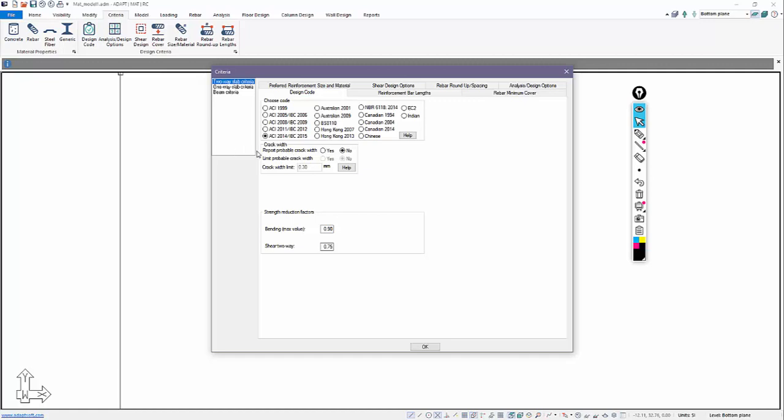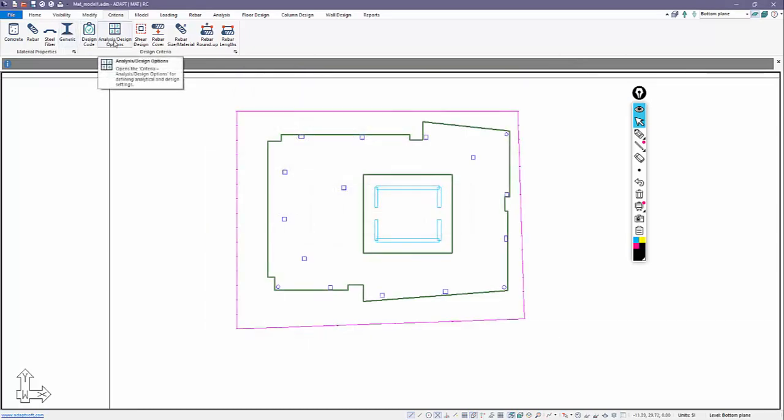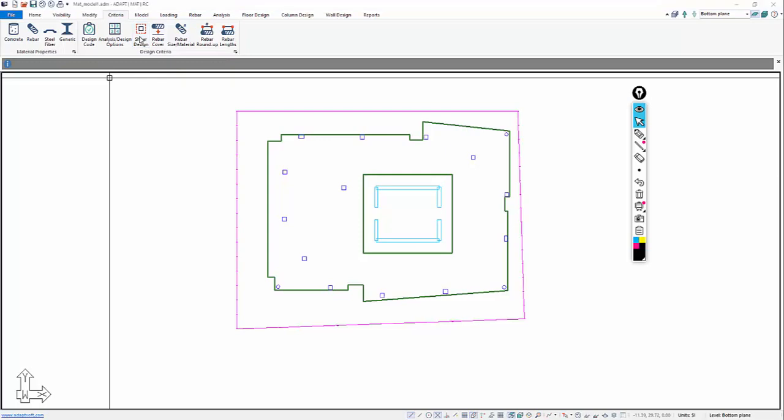We can also have the program report crack width and also limit probable crack width. If we assign the option for limit, we can limit the crack width to a specified value. And the program actually uses European code EC2 methodology for limiting crack width in that case. Okay, so those options are available. Under the option for shear design, this will be for punching shear.